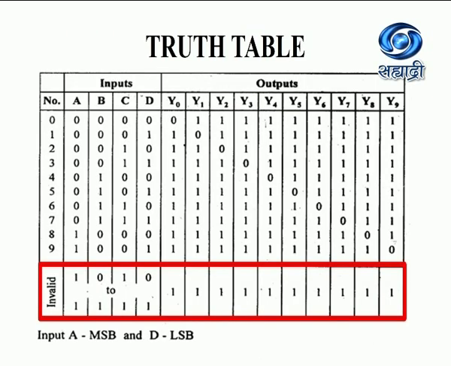This is the truth table of BCD to decimal decoder. If you observe this truth table, this decoder is used only for BCD inputs. That's why we can decode only the 0 to 9 BCD inputs. After 9, if you apply 10 to 15 in BCD format, it is invalid for this type of decoder. That's why this red area is given.